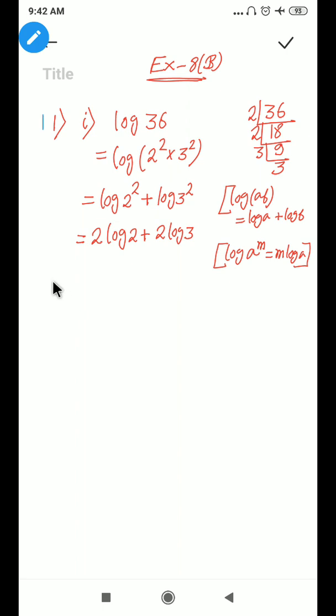Now go to the next one, question number 3. So question number 3 is given here, logarithm 4.5. If you remove this decimal point, that will be 45 by 10. So divide this number by 5, it will be 2, and there will be 9. So this will be logarithm